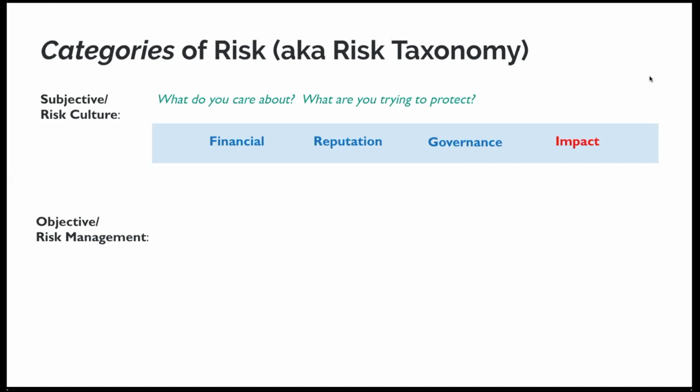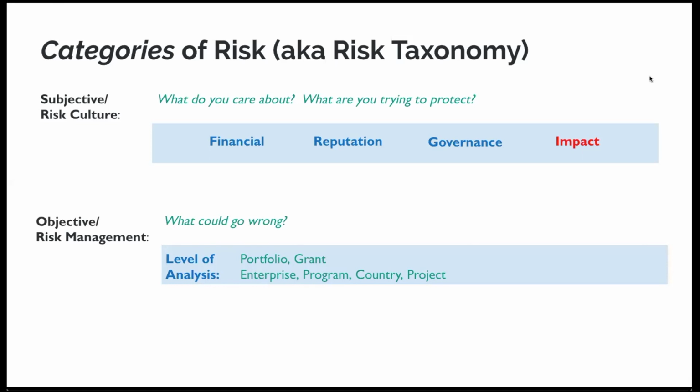On the objective side, now this is right back into the world that risks exist, whether we like it or not, and many different types of risks do exist. So even with that reality, you can divide it up in a variety of different ways. And again, a question to prompt this would be what could go wrong. So on the objective side, one thing to point out is that we can look at objective risk at different levels. So what's your level of analysis? You can have risks at the portfolio level, at the grant level, enterprise level, program, country, project, and to put this into